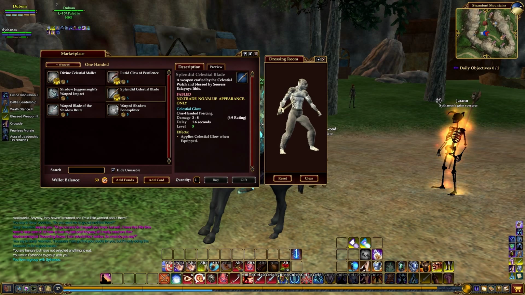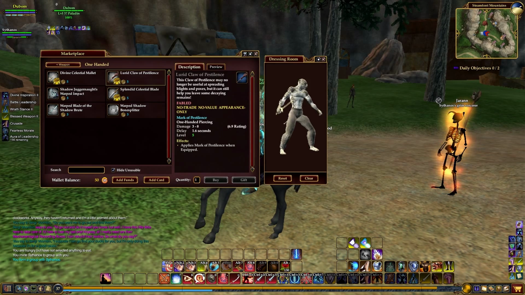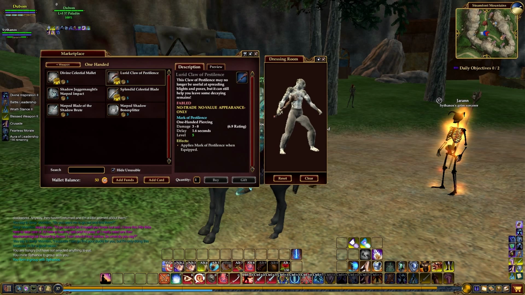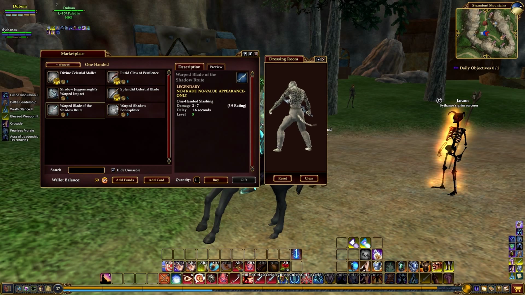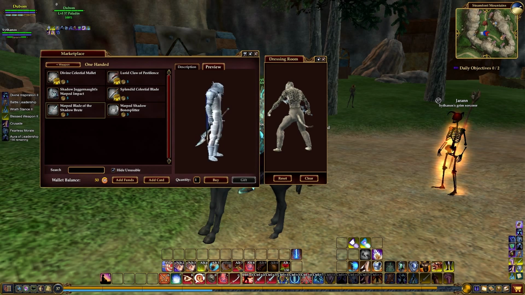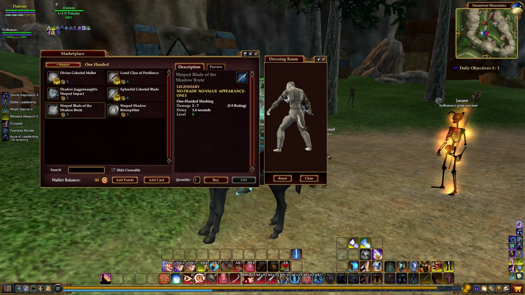Anyway, the Warp Blade of the Shadow Brute looks kind of interesting. None of these have illusions on them. And from time to time, you will come in here, no, I looked at the one-handed ones. From time to time, you will come in here and you'll find different stuff. So do check back every so often. Oh, okay. Now that looks nice. The Scepter of Fire looks... Yeah, that's sexy. The Scepter...